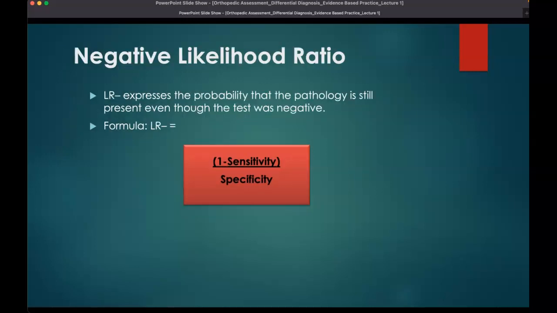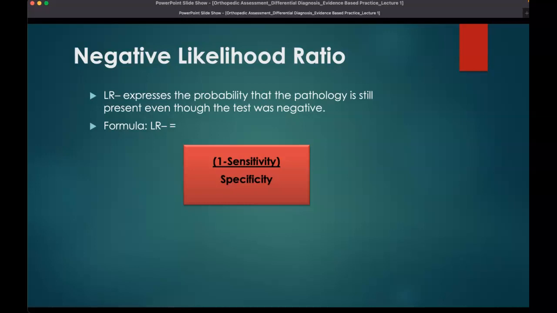Then we have the negative likelihood ratio, which expresses the probability that the pathology is still present even when the test is negative. So a negative likelihood ratio is most often associated with a sensitivity value. And so why do we want this? This is more counterintuitive. What we're saying is it expresses the probability that the pathology is still present even though the test is negative. So we want that negative likelihood ratio to be relatively low, right, if we have a